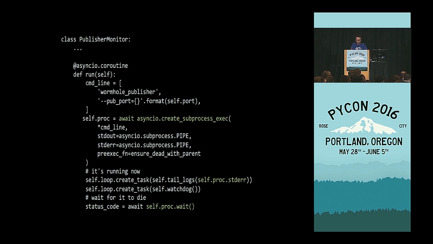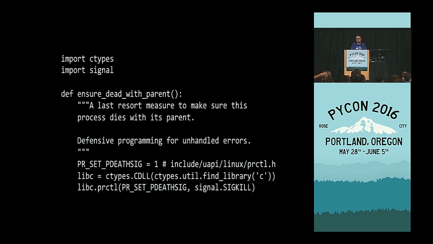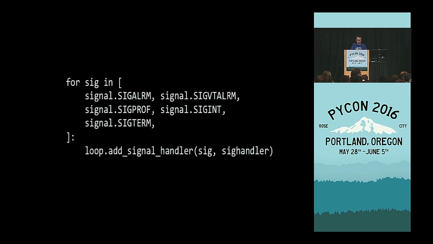We do it quite often. The API is pretty obvious here. What I very often like to point out to people is this thing. You should be letting know that your subprocesses should die with the parent. You do it like this. It's just a few magic lines in ctypes, but actually it tells the kernel, if you're using Linux, hey, if the parent dies, the children die with it. That's useful for production. Speaking of signal handling, obviously asyncio supports setting signal handlers for a lot of things.